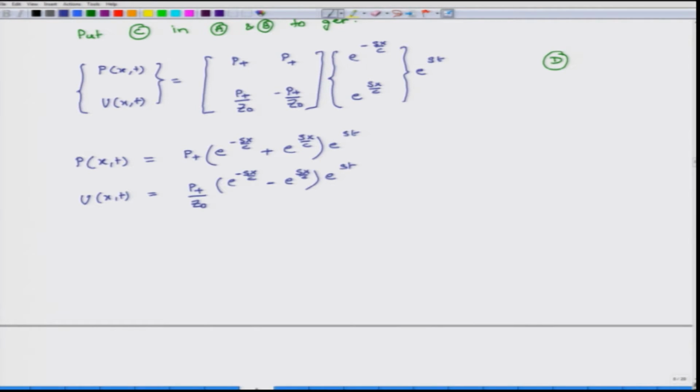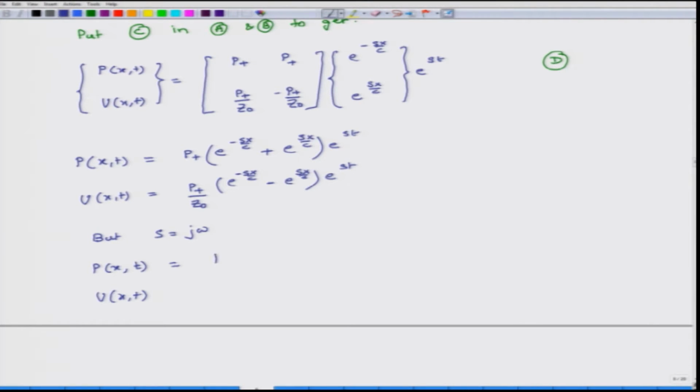So, with that understanding, what we can say is that S is equal to j omega. So, once we do that substitution, we get